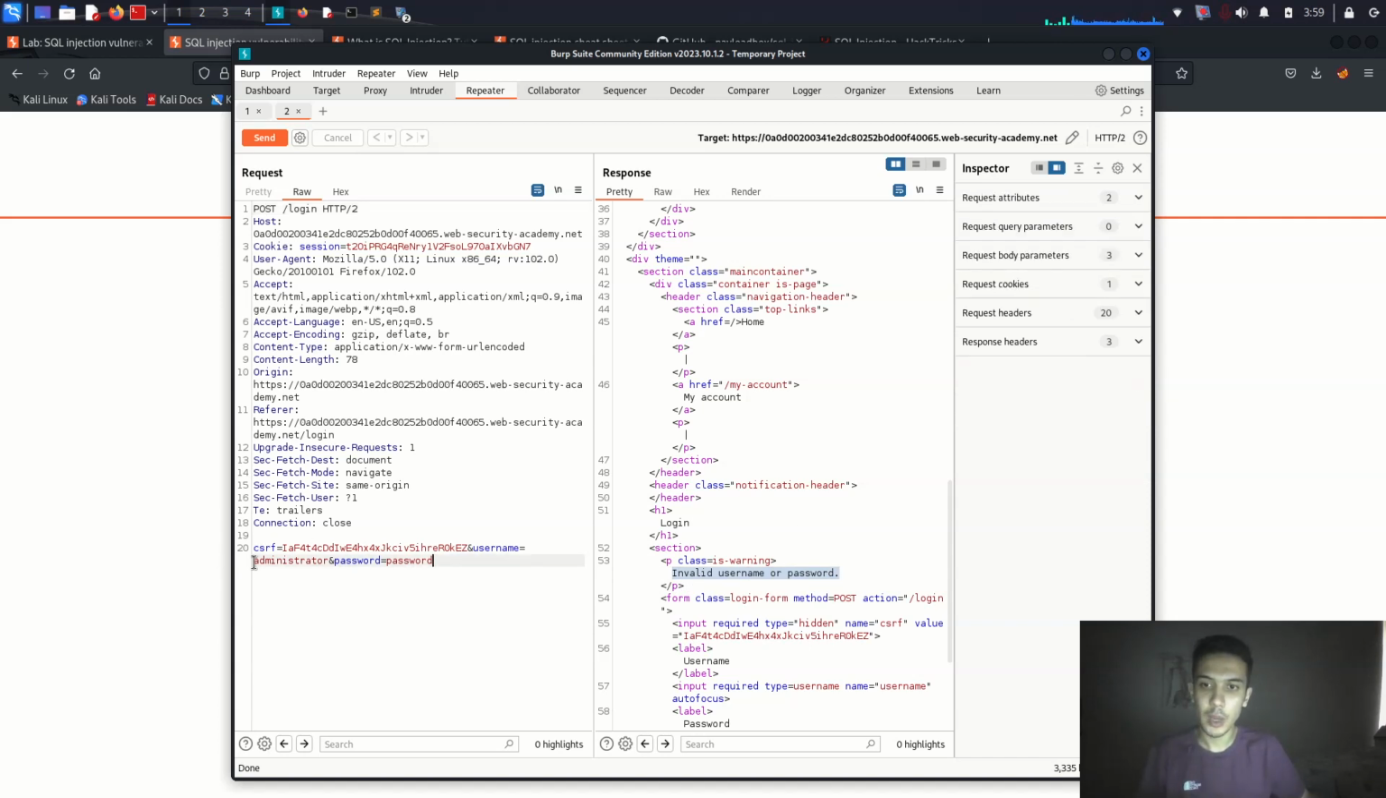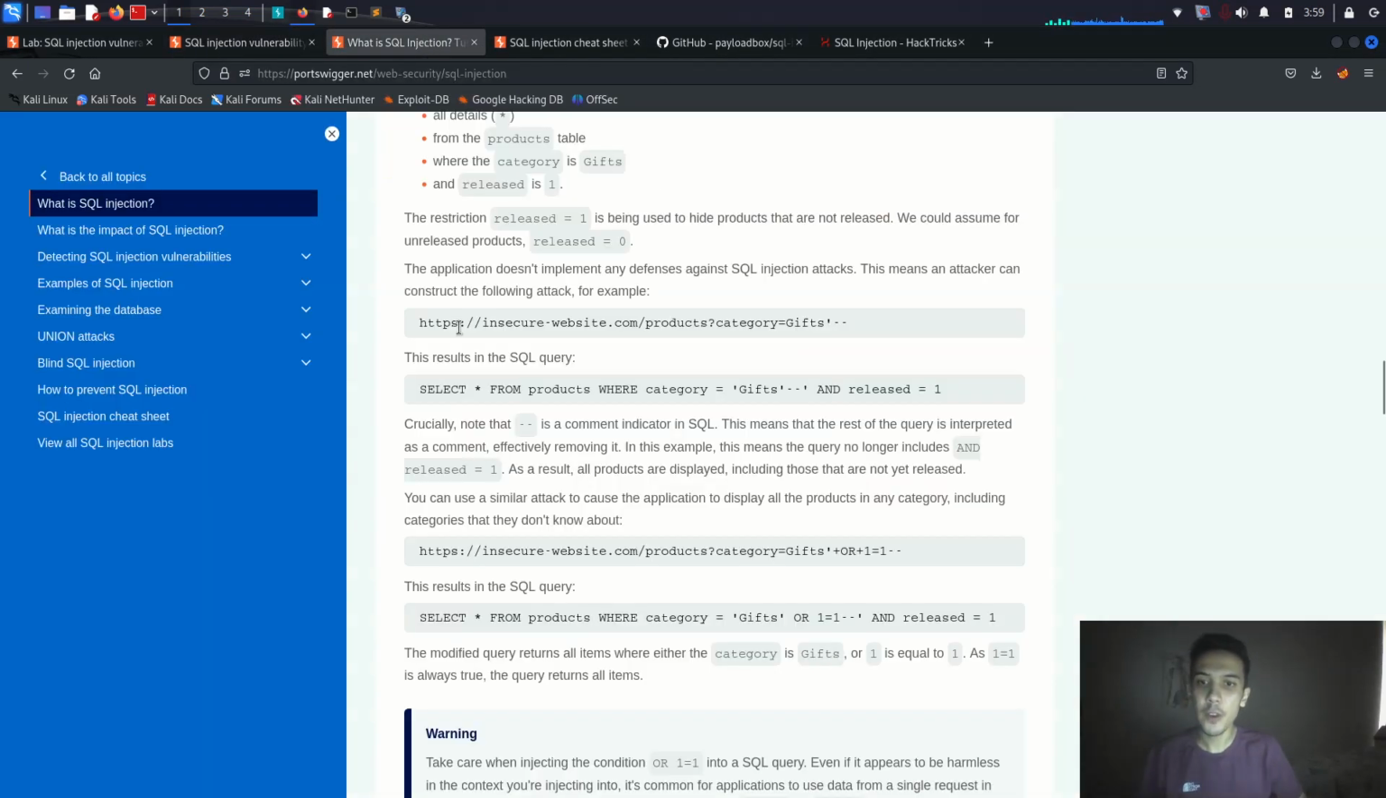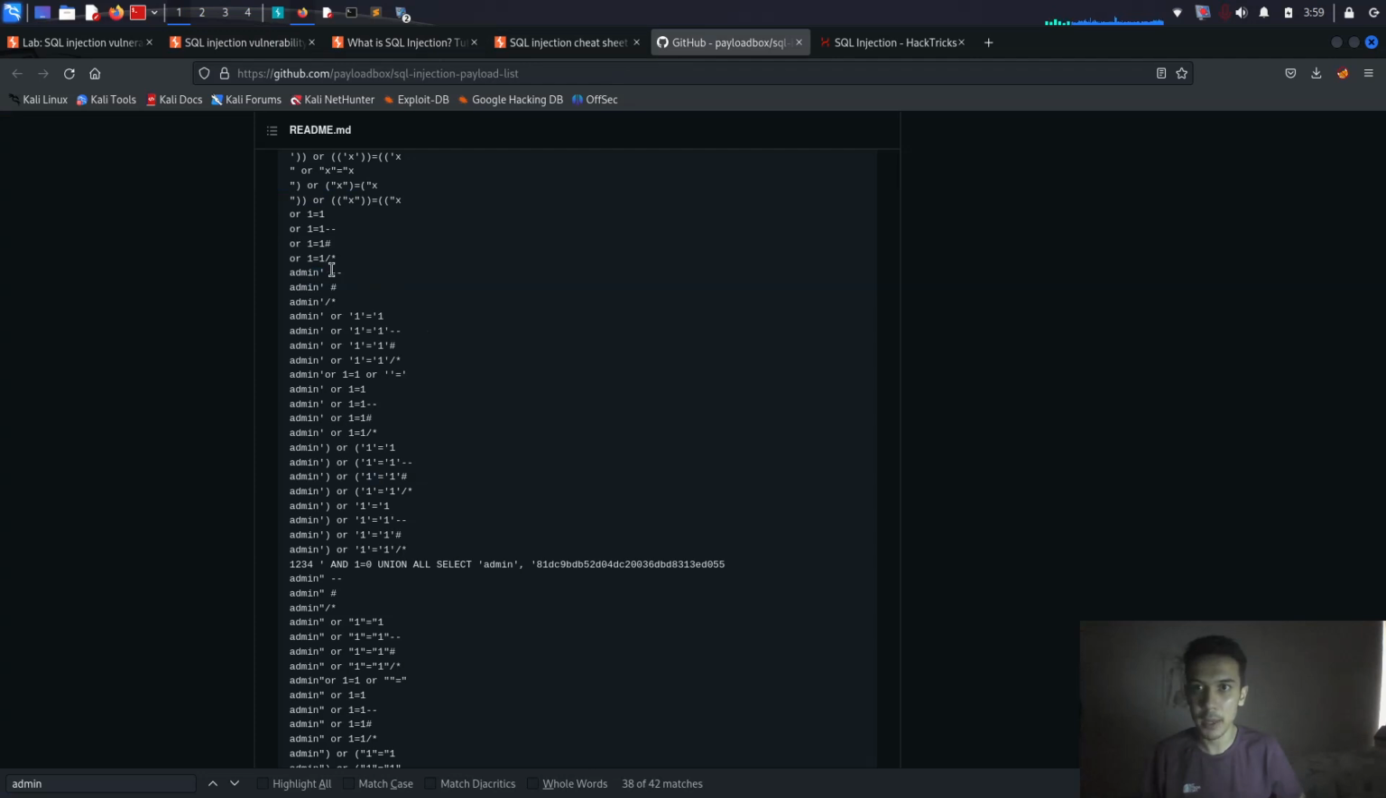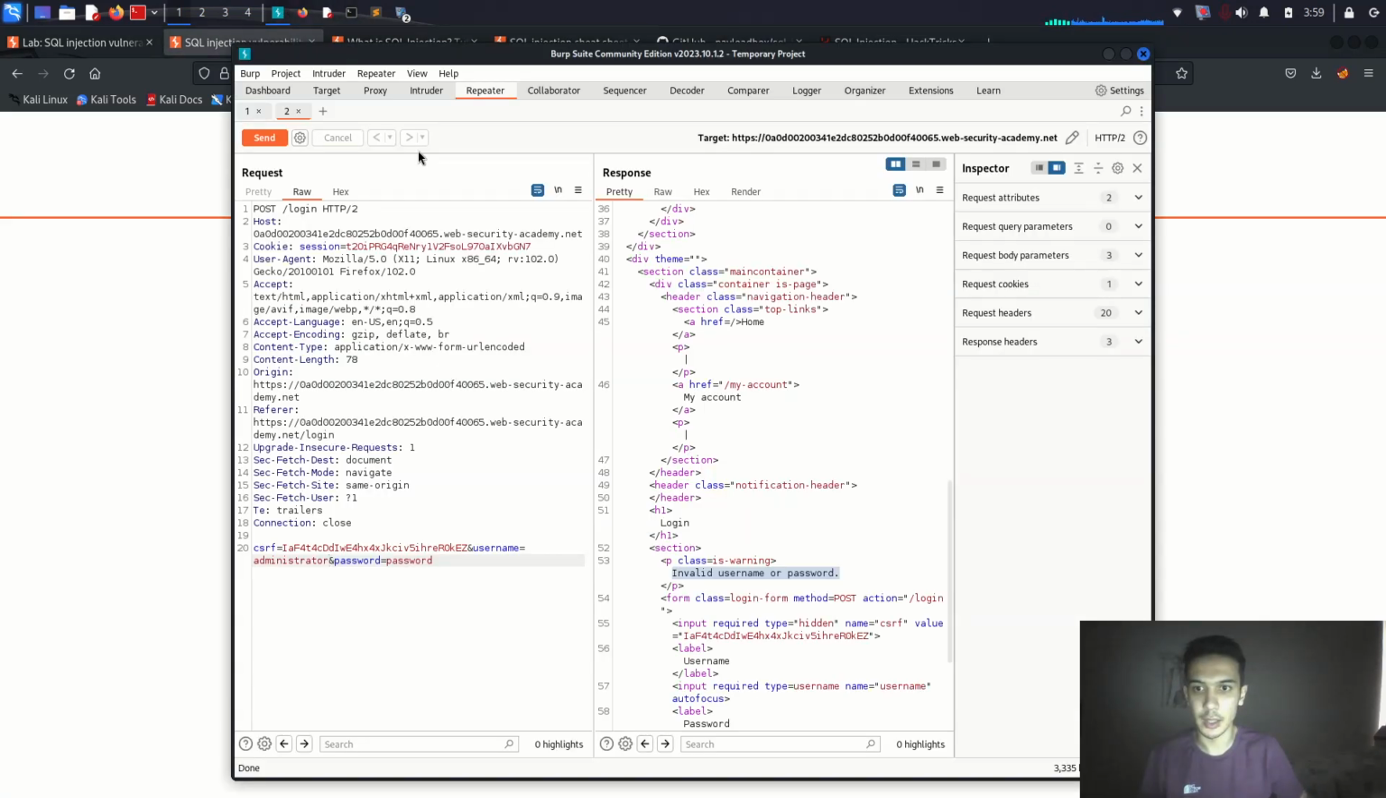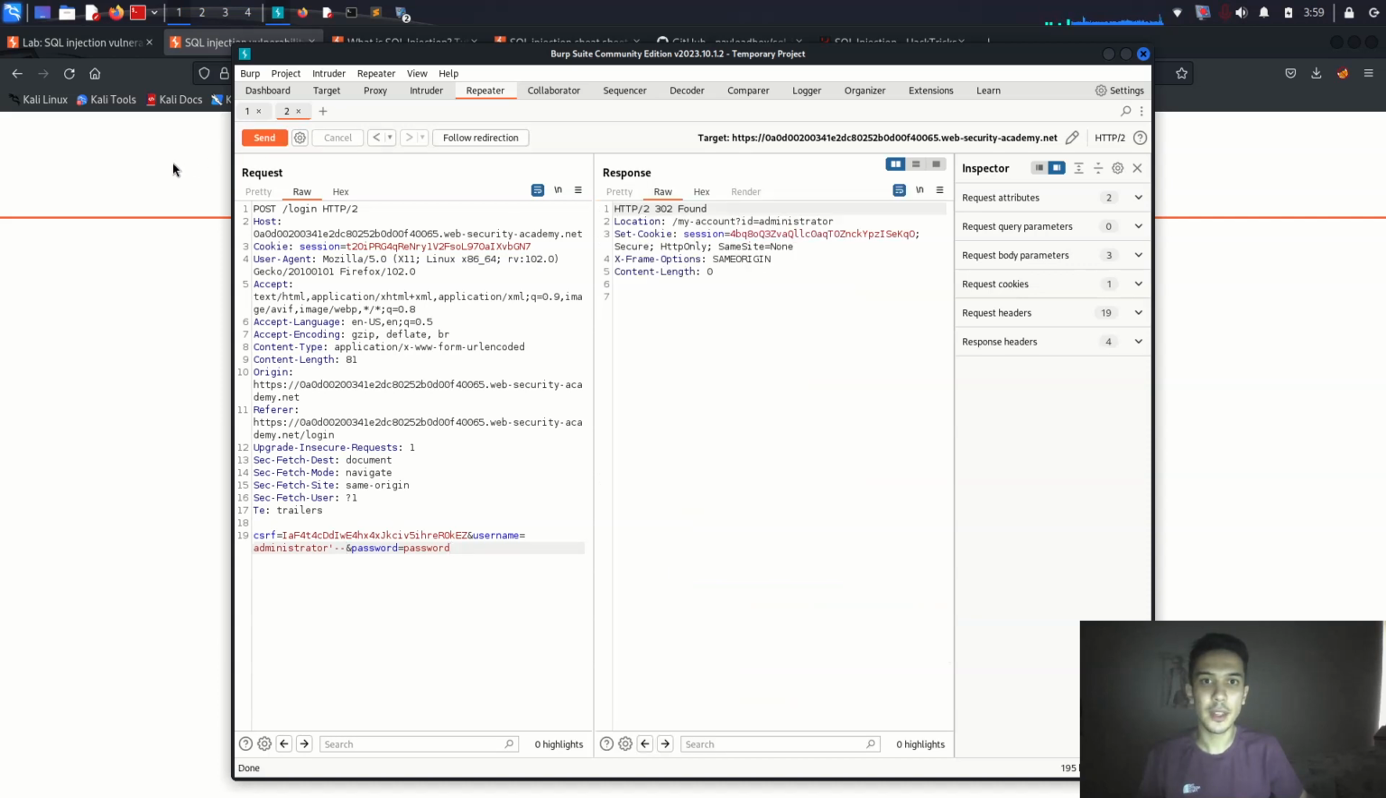For example, we are checking that they are using CSRF, but this is not our goal now. So we have to give an SQL injection payload on this username. If you are checking GitHub again, we just have to use the single quote and the dash directly. So let me use the dash and the single quote over here. But if you send it, you will see